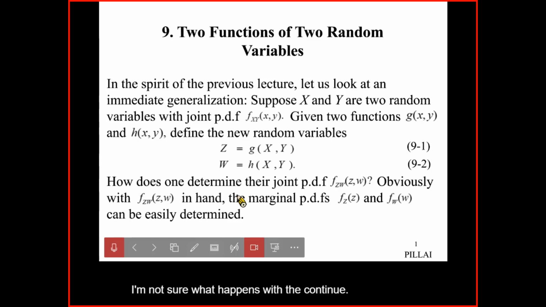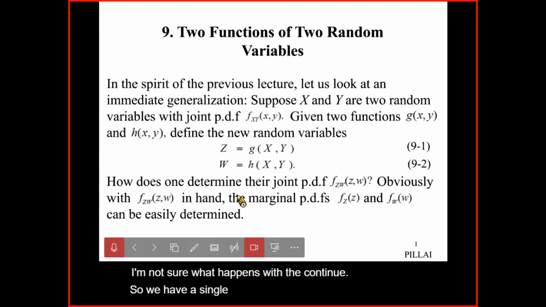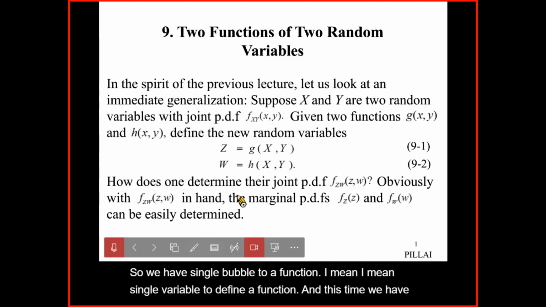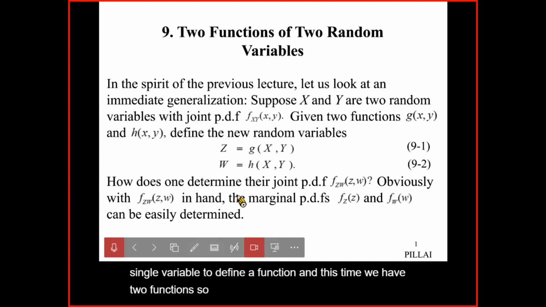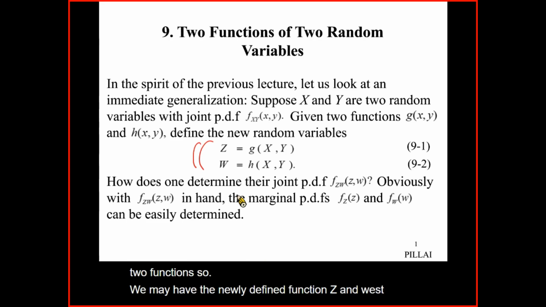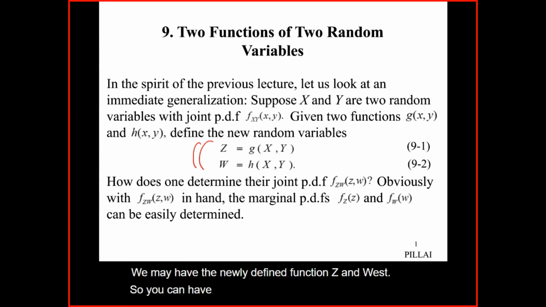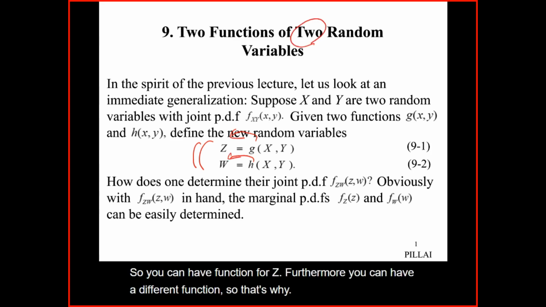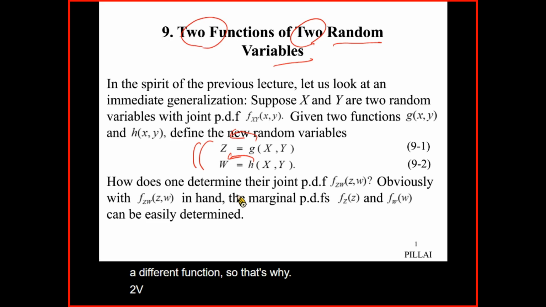So supplement one, we have a single variable to define a function. And this time, we have two functions. So we may have the newly defined functions, z and w. You can have a function for z. Furthermore, you can have a different function. That's why two variables have two functions. So that says we need to have the joint